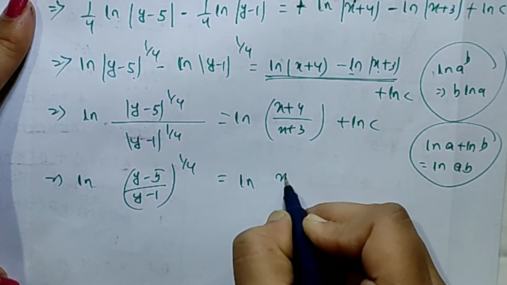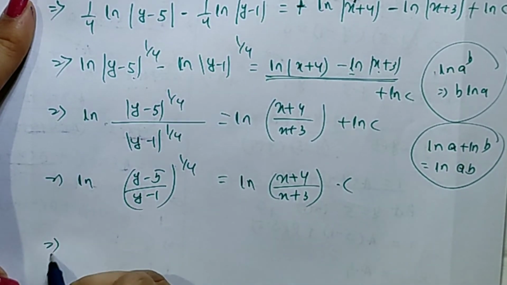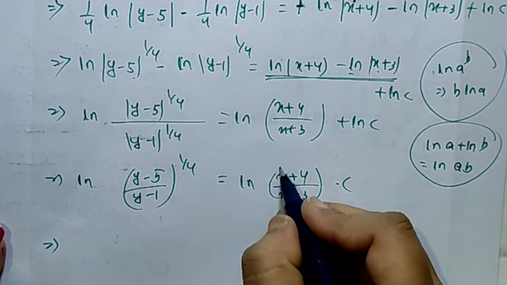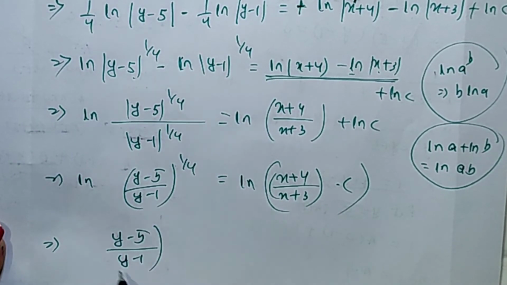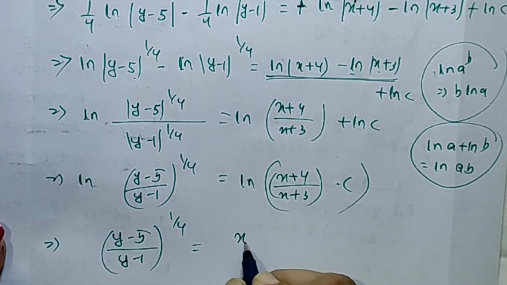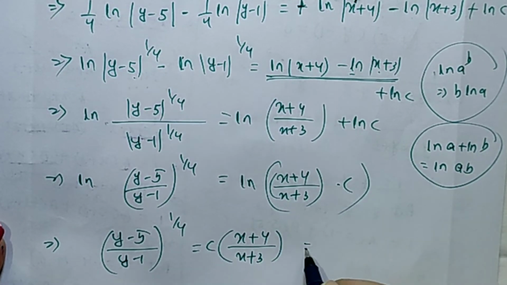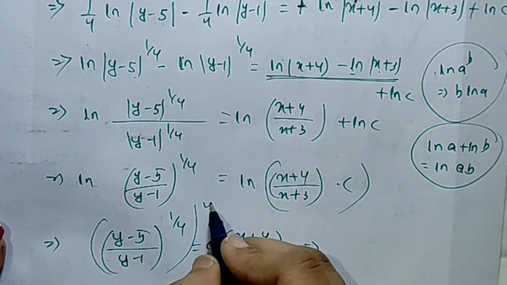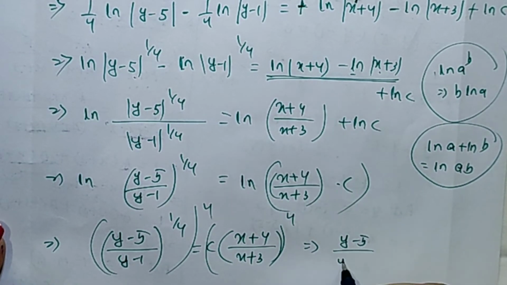So ln of (x+4) by (x+3) into c, implies, now ln will be cancelled out. (y−5) by (y−1) power 1 by 4 is equal to (x+4) by (x+3) into c. Now taking power 4 on both sides, we will get (y−5) by (y−1),